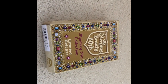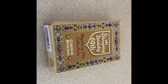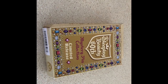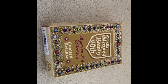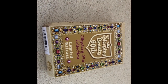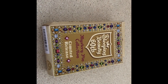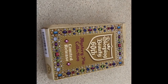My name is Lauren, and today I am opening one of the Sleeping Beauty 60th Anniversary Mystery Pin Collection boxes. I was lucky enough to have someone pick up a box for me during the pin event over the weekend, and it got to me really super fast, and it came in the mail today. I'm not a Sleeping Beauty collector by any means, but